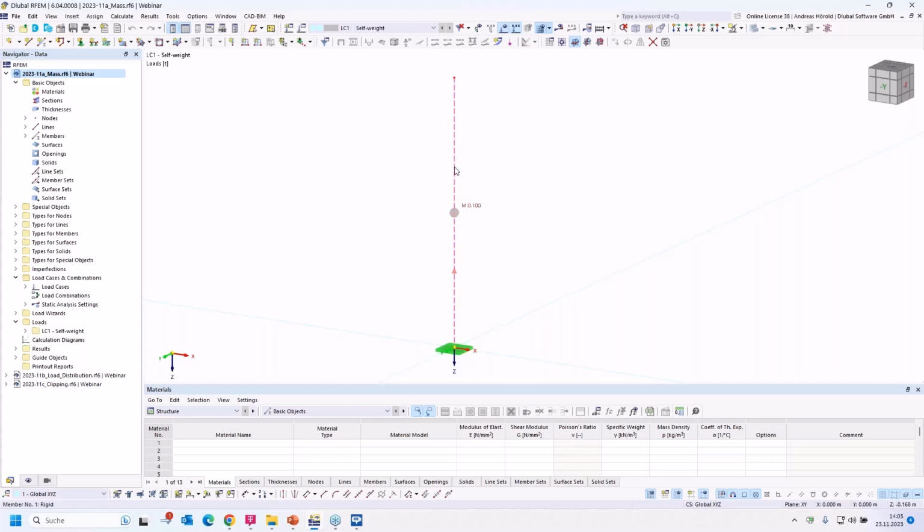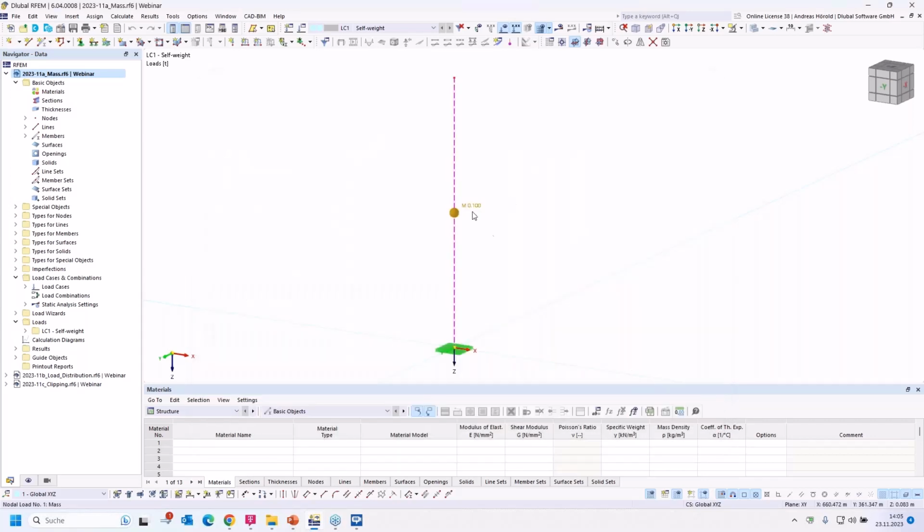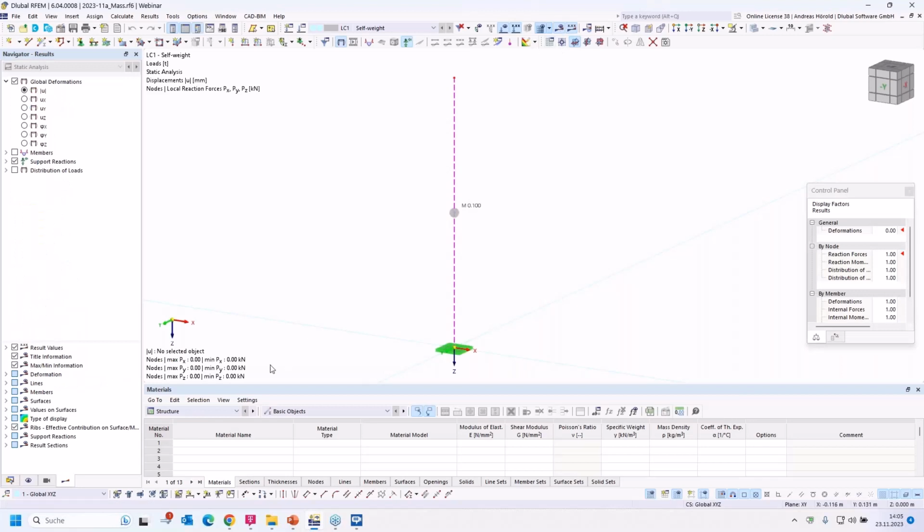The rigid beam doesn't have any load, as most of you know, and the mass is a category of load type. Usually you use force, but for example, for a dynamic analysis, the mass load type is often used. And if I click to the results, you can see there is no support reaction in the navigator results.